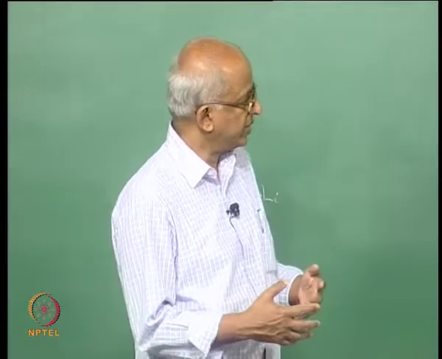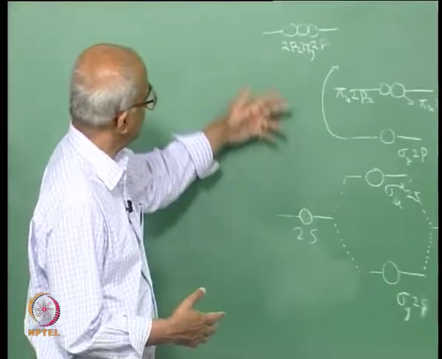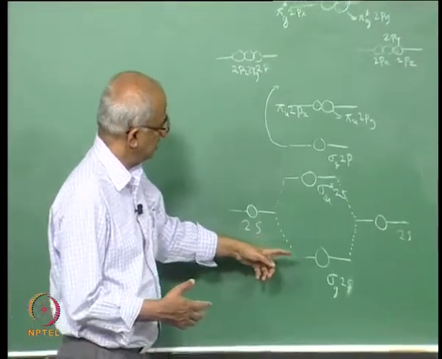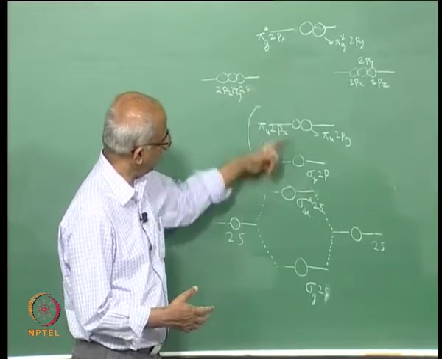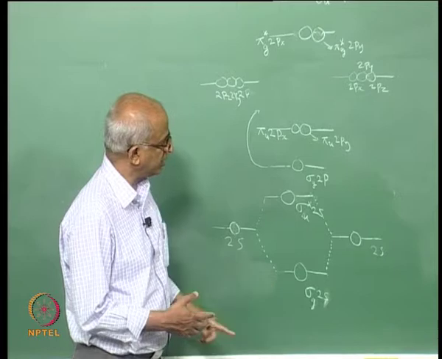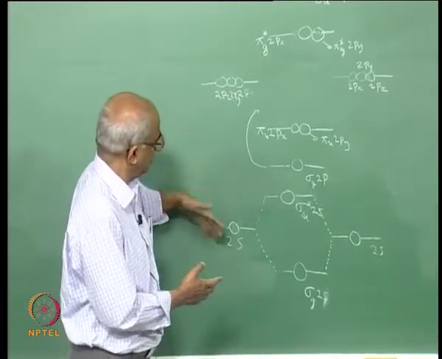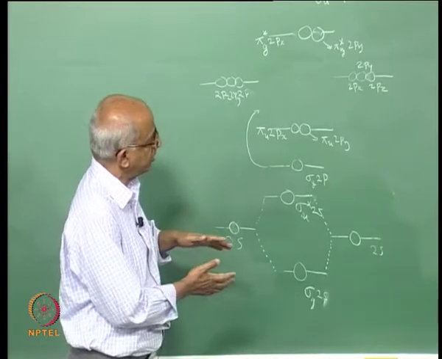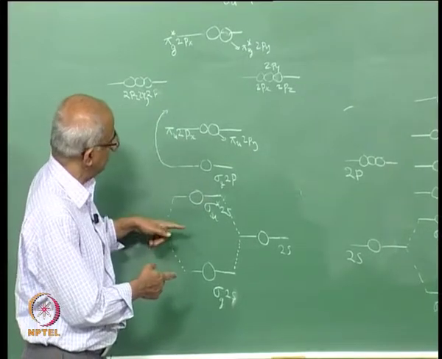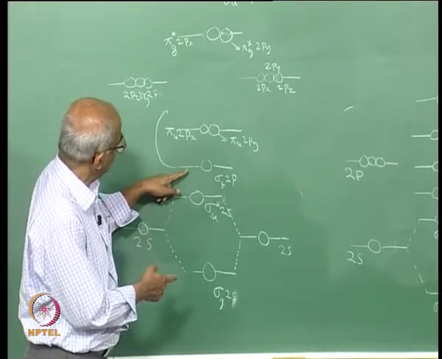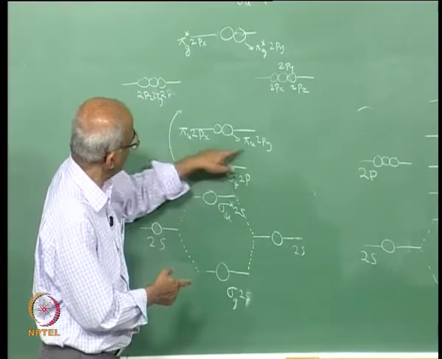We continue what we were discussing. In the case where the energy separation between 2s and 2p is large, the molecular orbitals formed have this order as far as their energies are concerned. But if the separation between 2s and 2p is not that large, then the order of the orbitals changes, and this sigma g 2p actually goes above the pi orbitals,